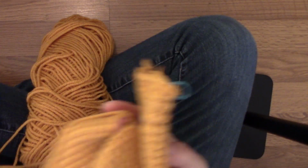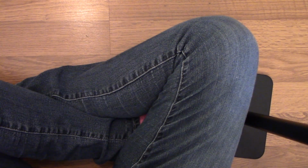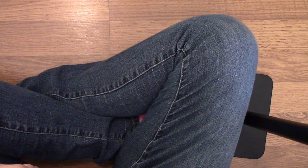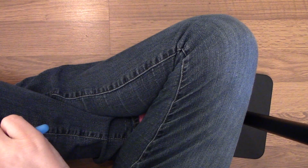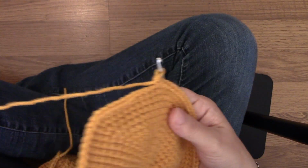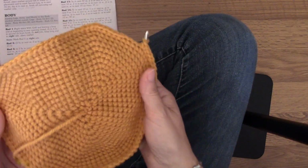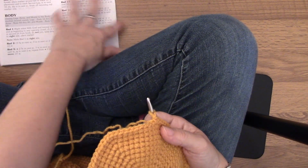basically all these pieces here, guys. I am using worsted weight yarn and an H hook. I have worked his body to the point where it says to join,